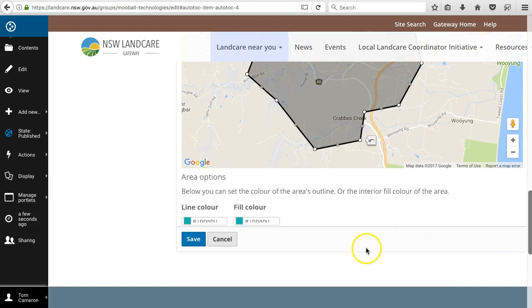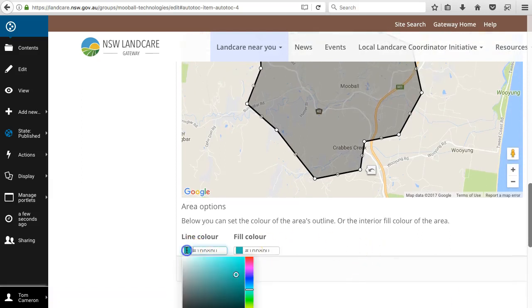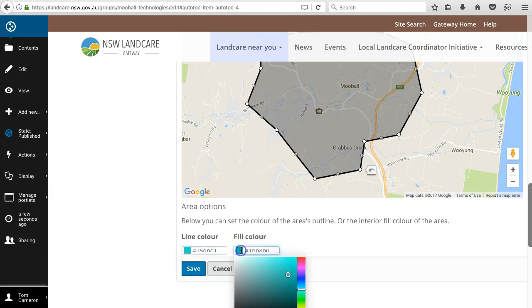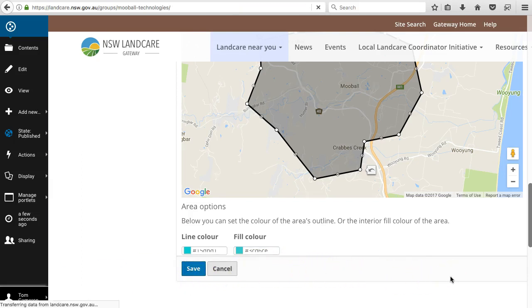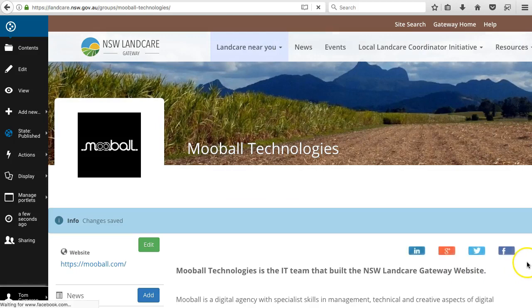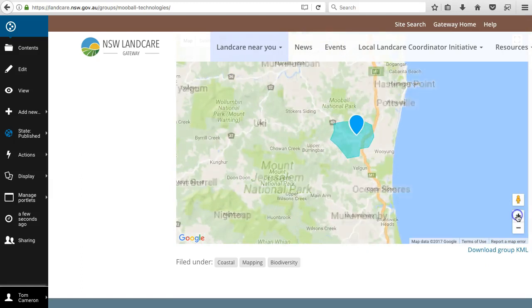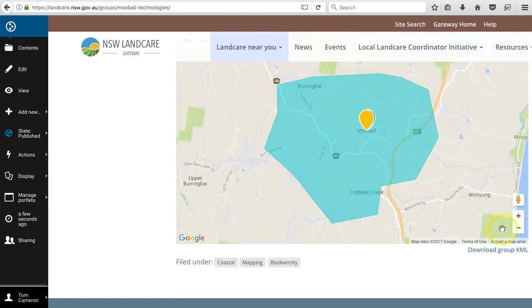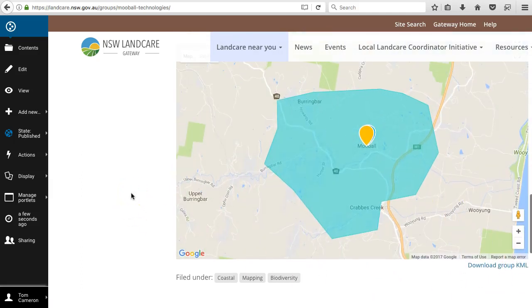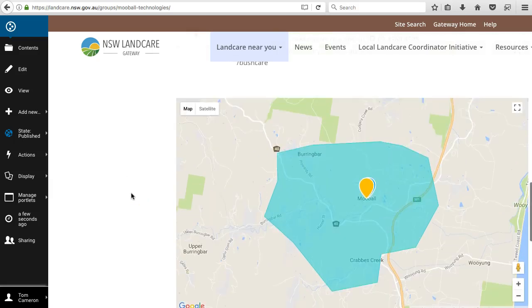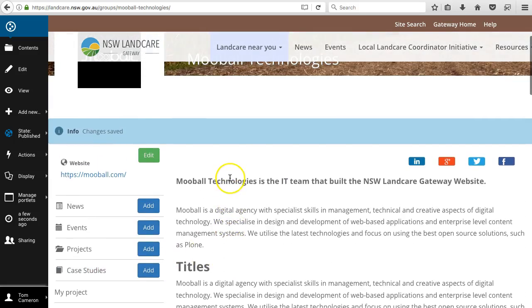Once you've done that, you can also set colors, preference colors for your area. So that will set both the fill colour and the border colour for the area, and then you can save that information. So once that's saved, you'll find that that then displays a map polygon showing your group, and this is the information that people will then see when they're searching for you on the maps. And so back to editing,